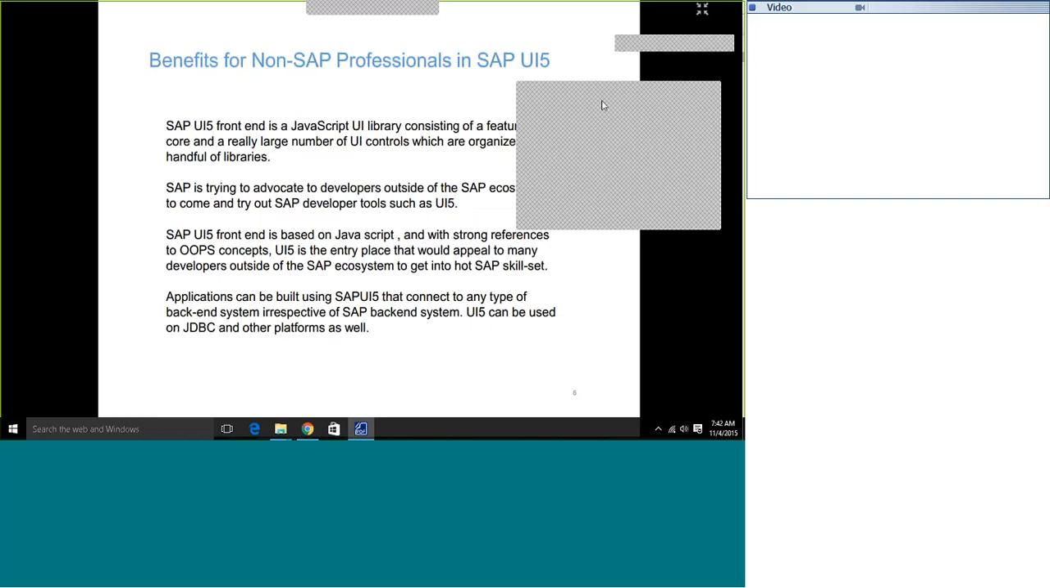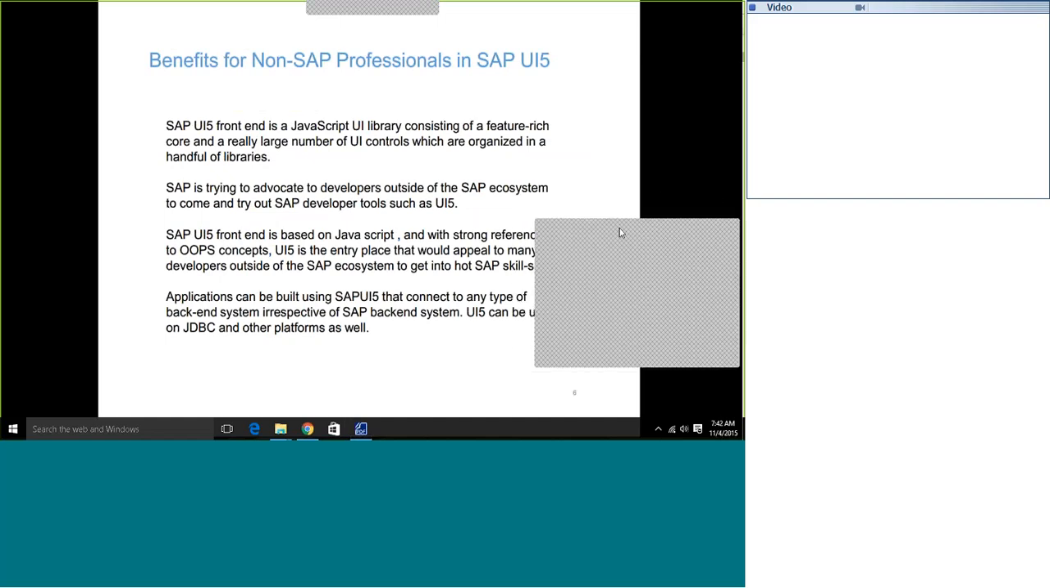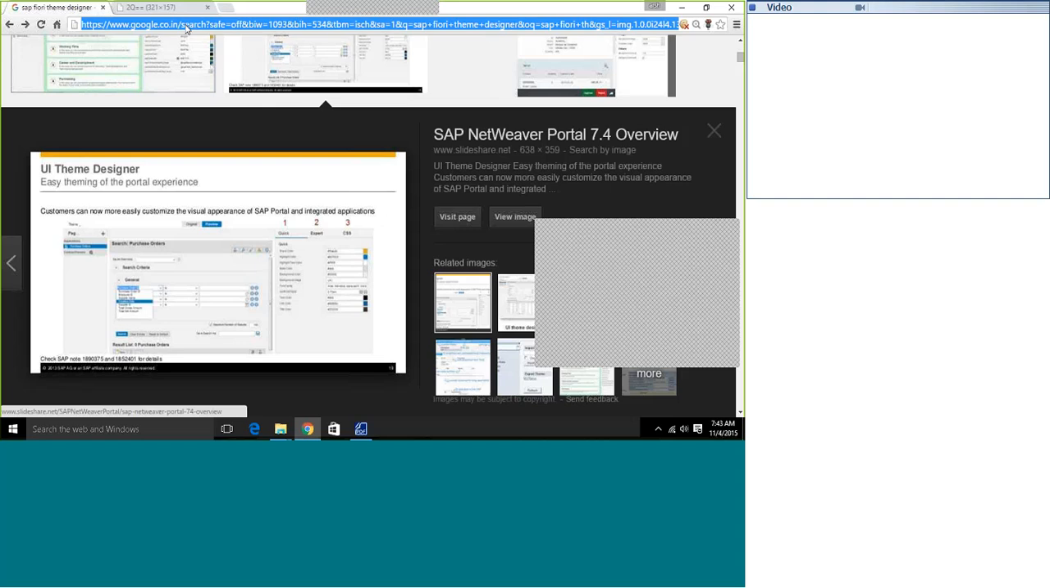So what does SAP UI5 offer you if you are a non-SAP professional? As I have already told you, SAP UI5 is a front-end JavaScript UI library which consists of a lot of features and a really large number of UI controls, which can be very helpful in creating new UIs for you. SAP has already made SAP UI5 an open source library. I'm not sure if you are aware of what open source is, but if you search the net for OpenUI5,